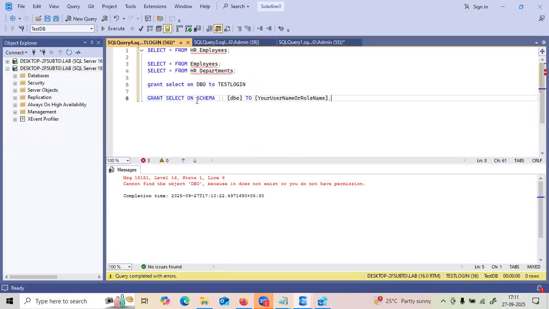Grant select on schema. Here we have to mention the schema keyword. After that, we have to mention the schema name. Grant is the keyword, and after the keyword, what are the permissions? If you want to insert, you can mention insert. If you want select, you can mention select. If you want to update, we have to mention update. The second keyword is what permissions we are going to assign to that particular